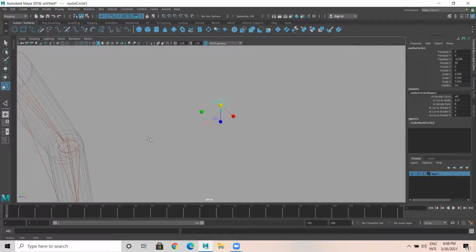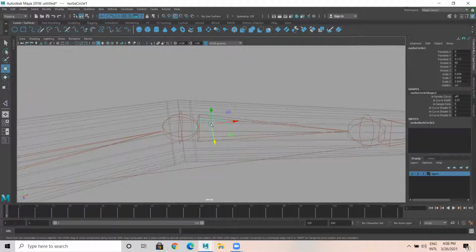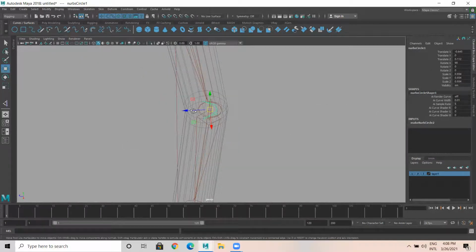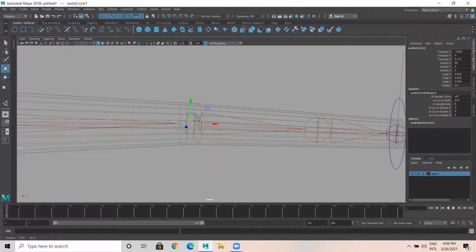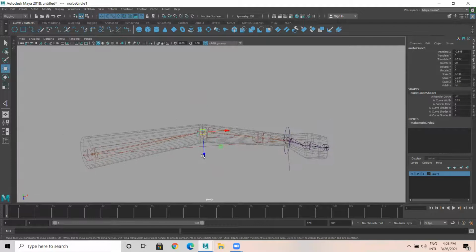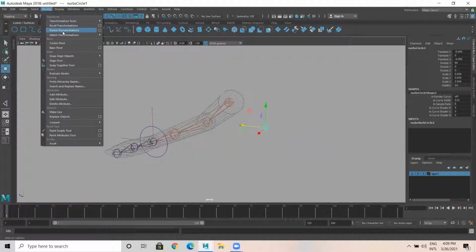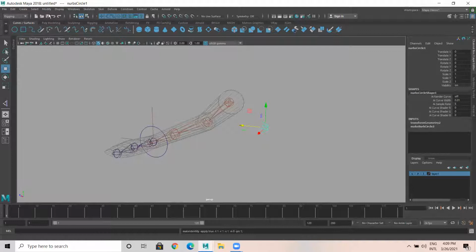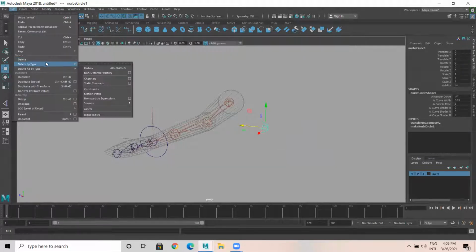Hold V, snap to this particular joint, this particular elbow joint. Okay, then I got it. Hold V, snap to the center of this elbow joint, then move exactly straight. Don't move in any direction. Move exactly straight. Okay. Now, after this, modify, freeze transform. Without forgetting, you have to do freeze transform after that. Okay. Select this, edit, delete by type, history as well.